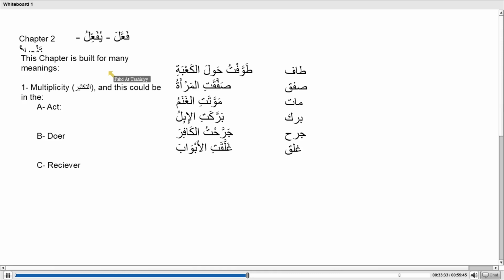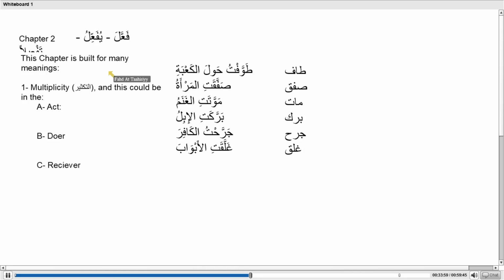Or do you want to tell him that there are many camels which have knelt down? What do you want to say? Yes, you want the second. أليس كذلك؟